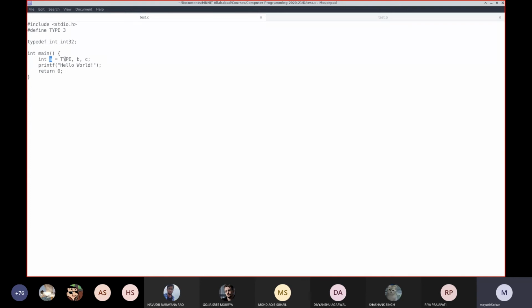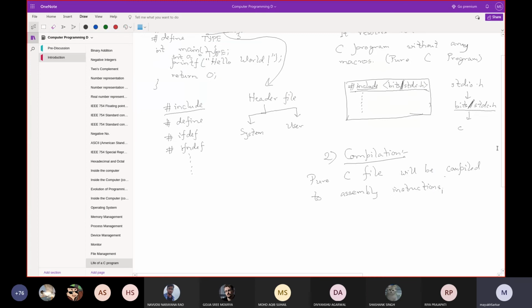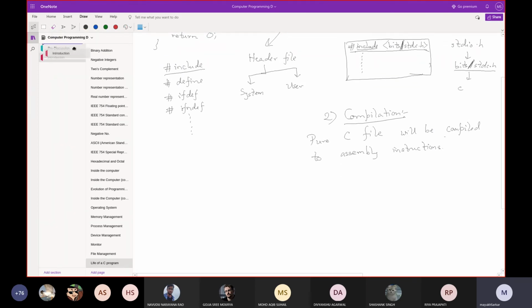RBP keeps the address in the processor. If you do not understand it, don't worry, it is not in the syllabus. This is just for interest, I'm saying. RBP is one register available in the processor. It stores the starting address of data. In fact, this name is base pointer. This is the base where the data of your application starts.